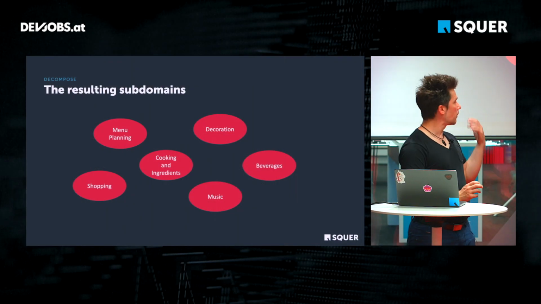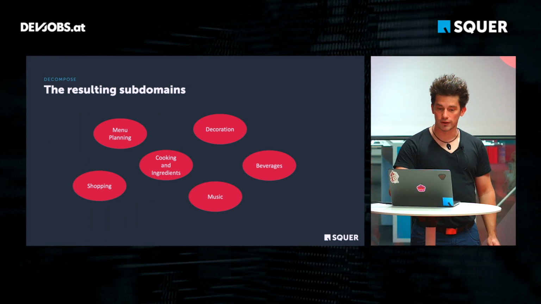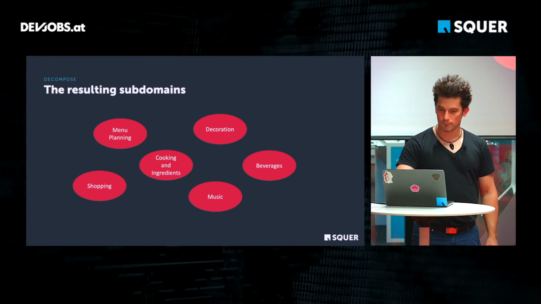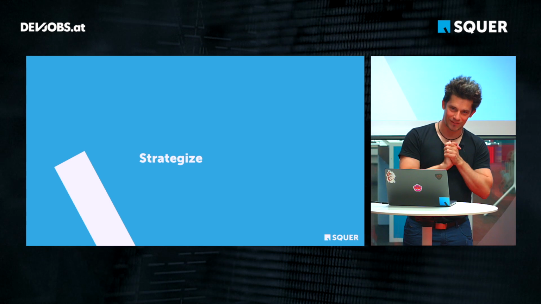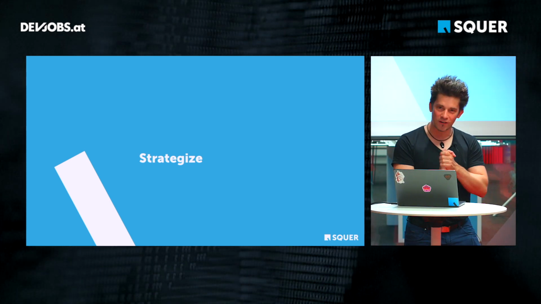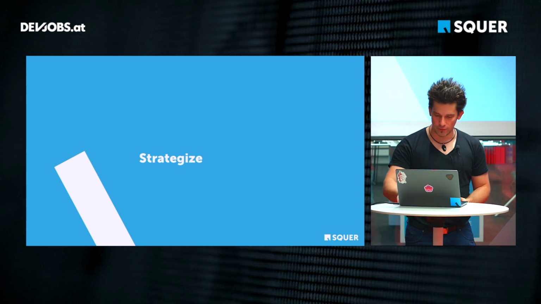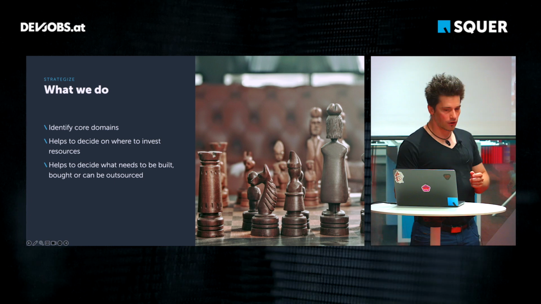So this bubble summarizes still. Those are the subdomains that we found in this little decomposition discussion. And now that's the exciting part, that's where the meat starts coming up. So strategize. That's the thing where we want to decide, okay, what in this area is our core domain,